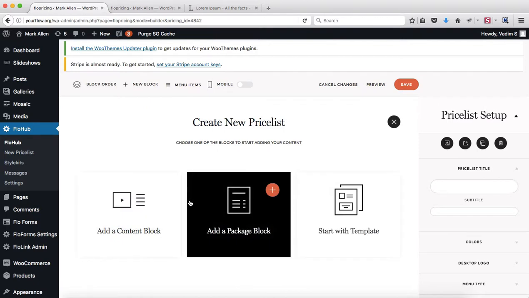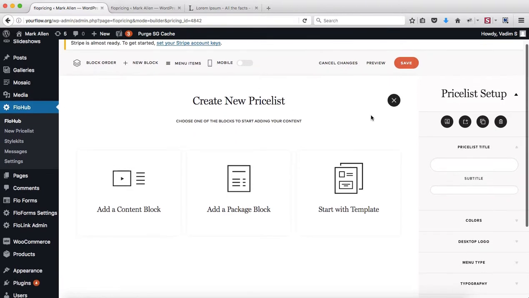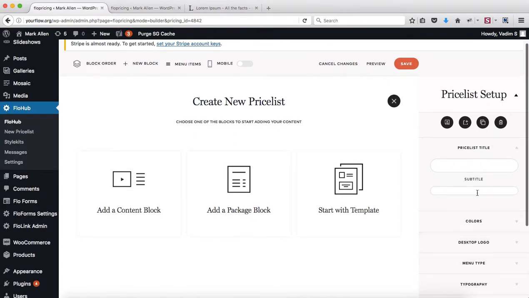And this process may be a little bit more time consuming. However, it is more tailored towards your needs and the overall approach that you want to take with the price list. Alright, so in the next few videos, we'll just go over the process of creating price lists, some of the options that we have within our price list builders, and just take this one step at a time. So before we get started, first of all, let's do a quick overview of the following right hand sidebar,